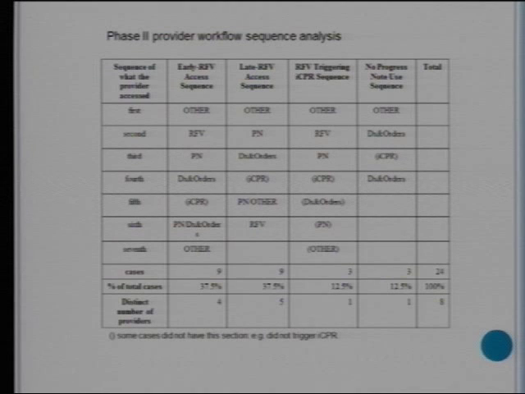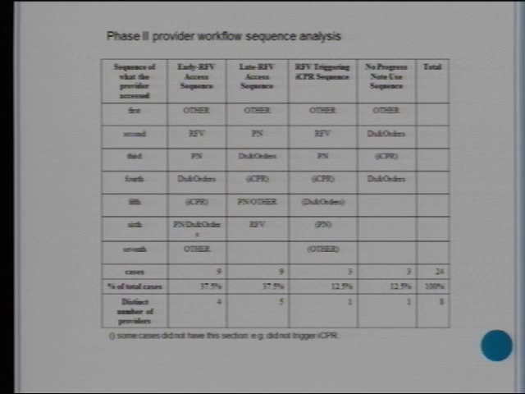We wanted to come up with a way to analyze different sequences. So this column is just saying the first, second, third, fourth, fifth thing in the sequence of component access. And then we were able to characterize some different styles. This was called early reason for visit access. This was late reason for visit. The reason for visit usually triggered the guideline. That's why we were looking at it. We were also looking at cases where the guideline didn't get triggered.